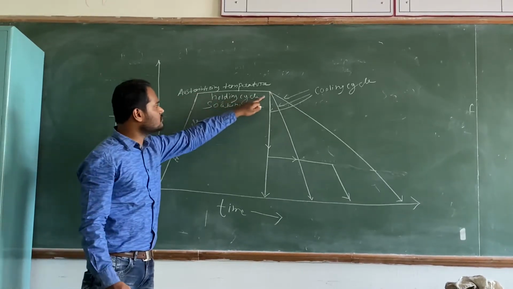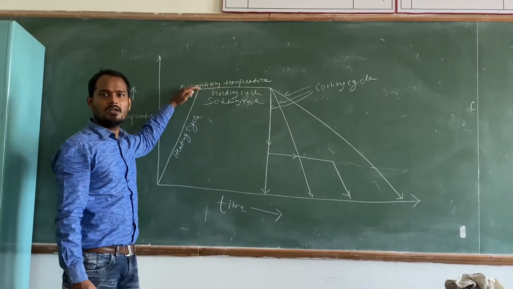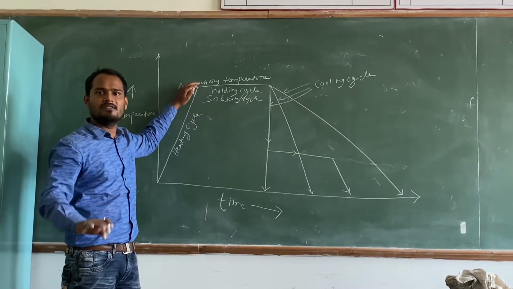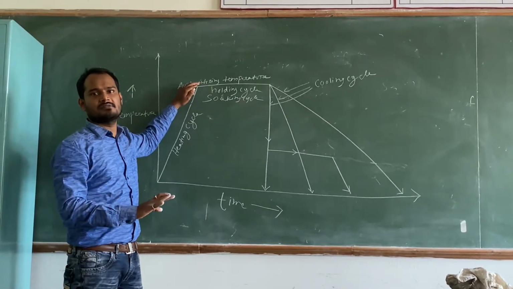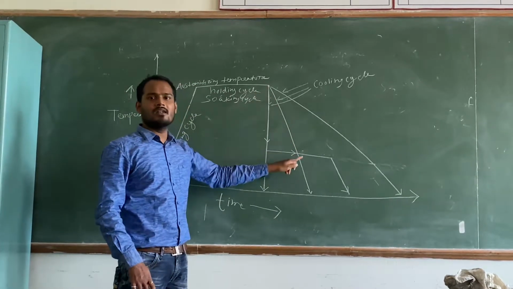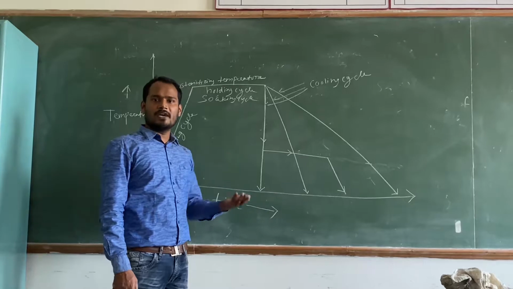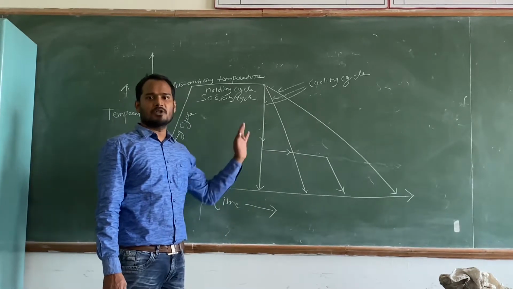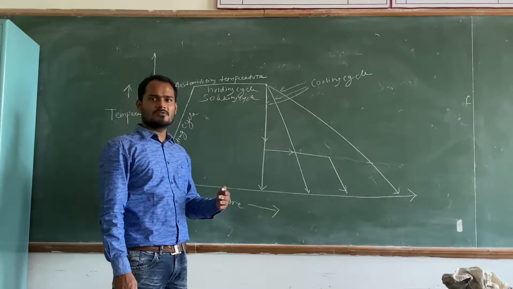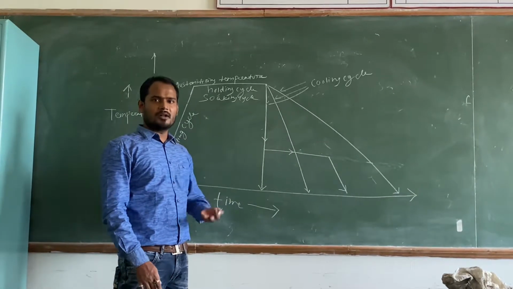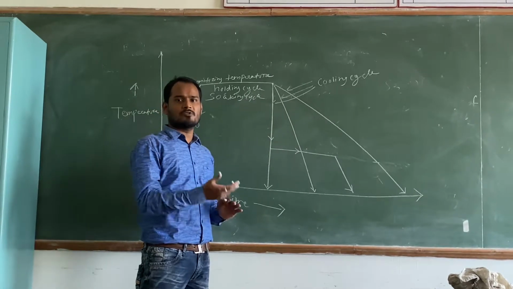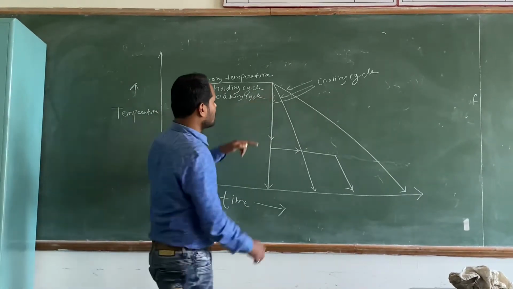And holding cycle is what? We have to hold the steel at that temperature for sufficient time, so that everywhere in the steel we have austenite grains. Fine. The last one is the cooling cycle. So this cooling cycle will decide which kind of microstructure we'll get after cooling. As I told, we can go for very slow cooling, very fast cooling, intermediate cooling, interrupted cooling, and we'll get different microstructure. And we have different names or processes. Right? So I will start with this one.